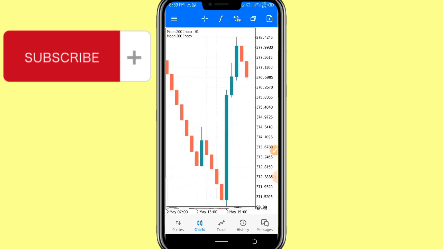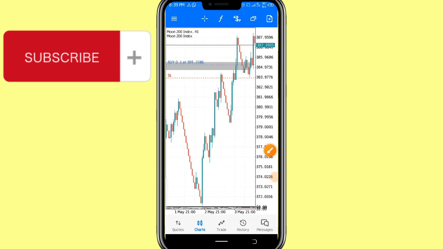Only one candle covers the whole of how many candles. So now that's how it works. That's how it works, and that's the movement of the market. So in this video I want to show you exactly how you can trade this using the price action strategy